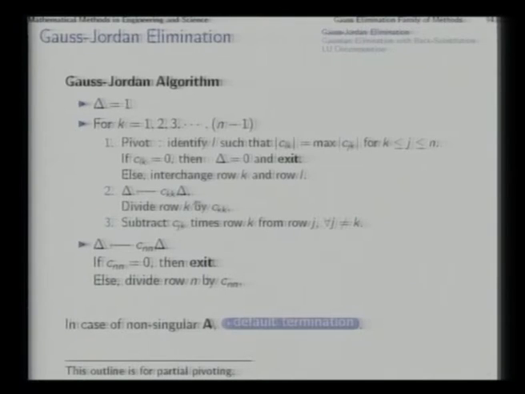The steps are exactly that, pivoting and elimination, and along with that there is one small extra item which is this delta. There are 3 lines which mention delta equal to 1, initialization here. If a pivoting process fails, then set delta equal to 0 and exit. That is the second situation where delta is used, and the third is here, that is delta update, and there is another update here. What is happening here is that this delta is actually the determinant. Okay. So, it is used in 2 senses.